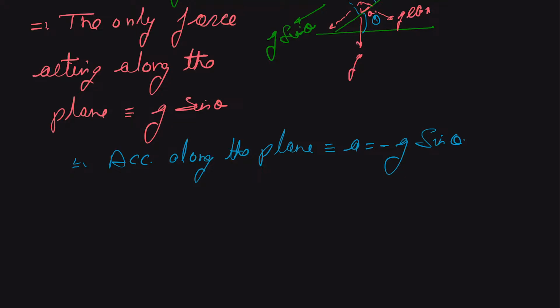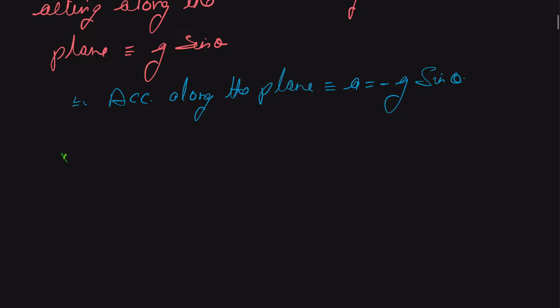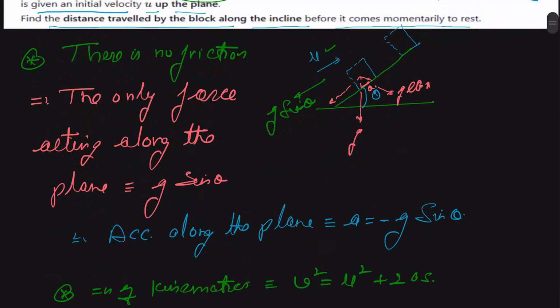And now we can easily use the equation of our kinematics, which gives us that v square is equal to u square plus 2as, and suppose s is the distance